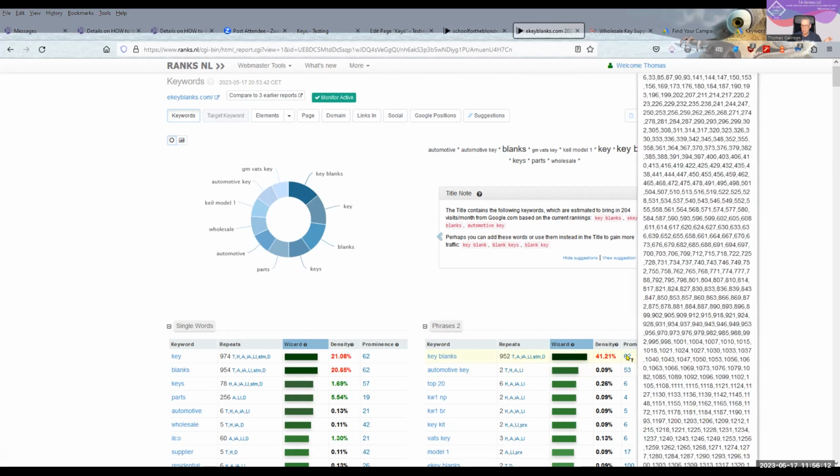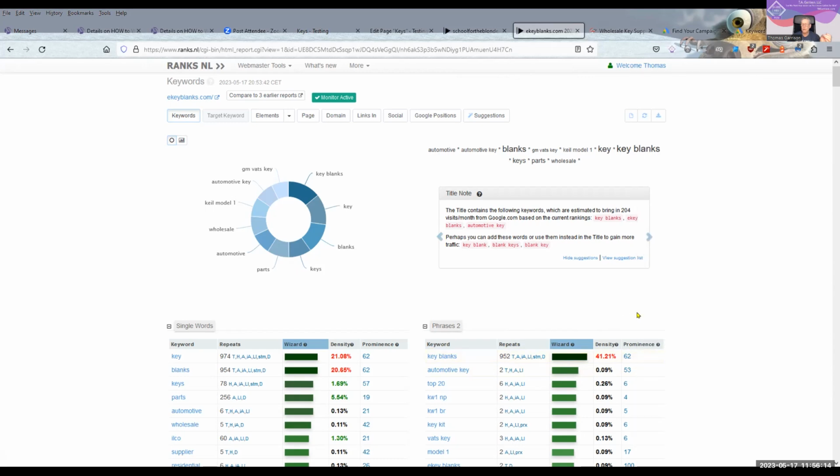This last column is prominence, which means how close to the beginning of a sentence that keyword term is. The closer you put your keyword term to the beginning of a sentence and to the beginning of a paragraph, the higher the prominence for that keyword term.